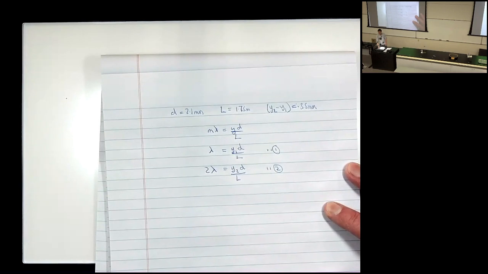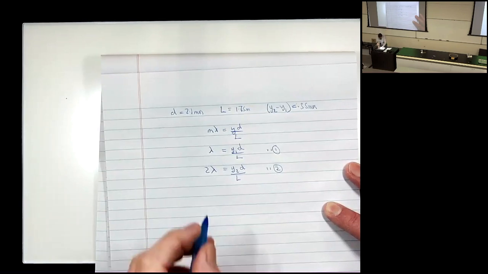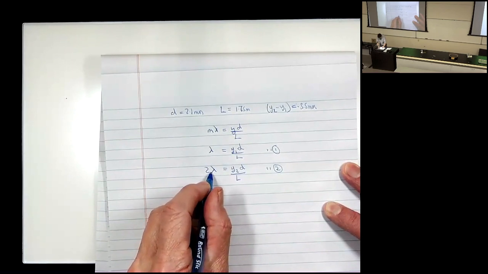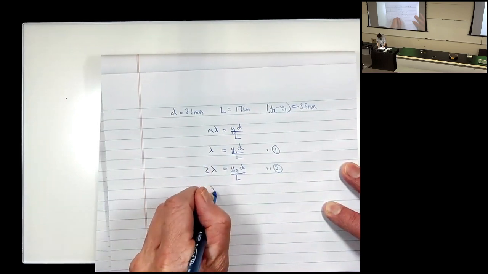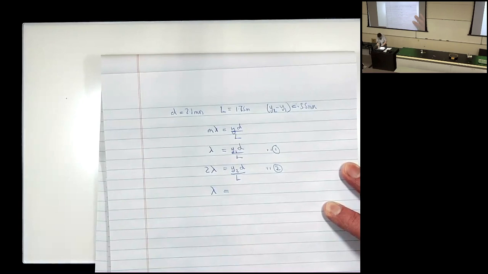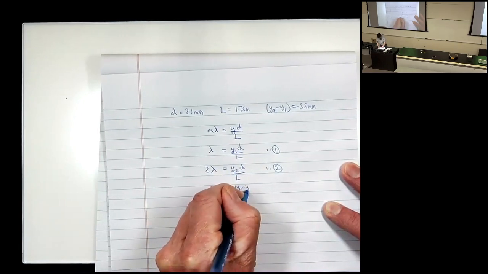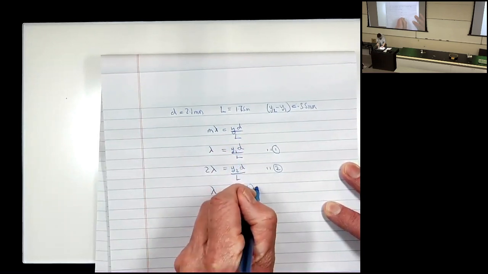If I take the difference of these two equations, remember I didn't tell you y1, I didn't tell you y2 in this problem. We measured the difference between them, and that's typically what you would do. That's what we would do if we measured the difference between them on the wall. So if I take the difference of these two equations, on the left-hand side I'm going to get 2 lambda minus lambda, so I'm just going to get lambda again, the wavelength. On the right-hand side I'm going to get y2 minus y1, and then multiplied by these common factors of d